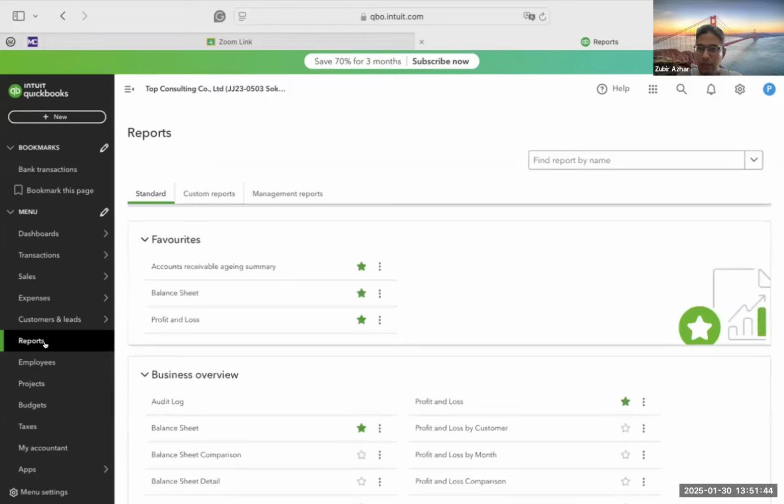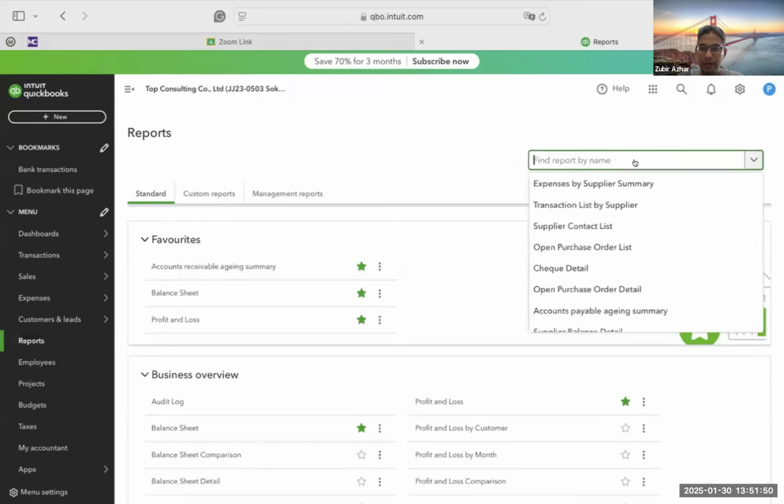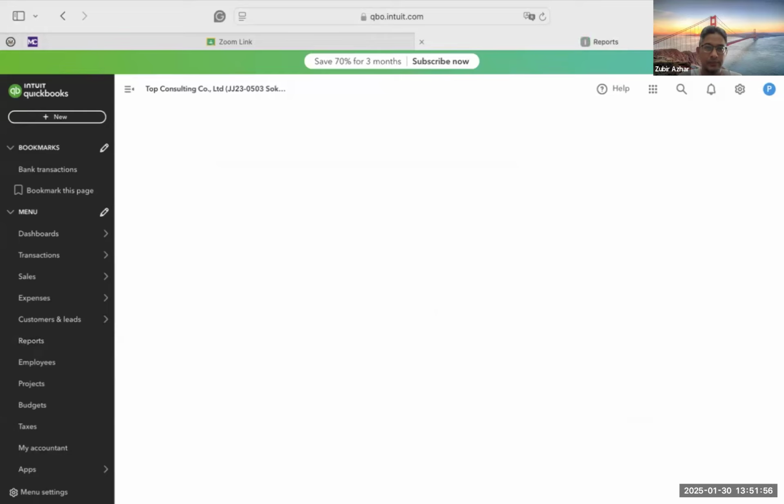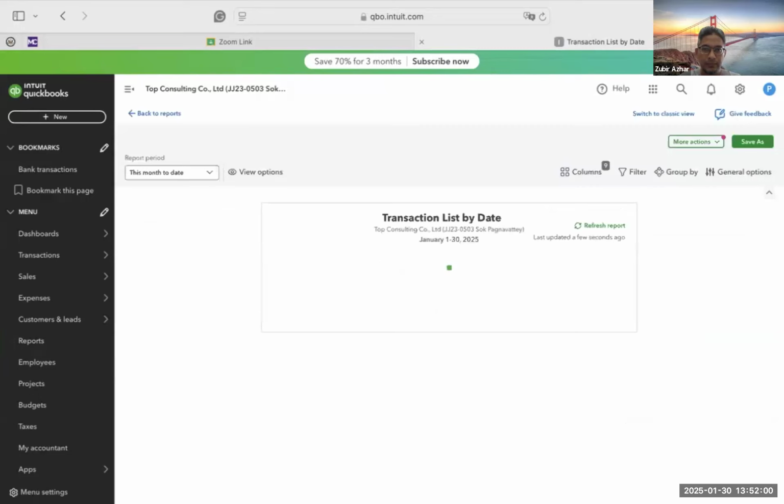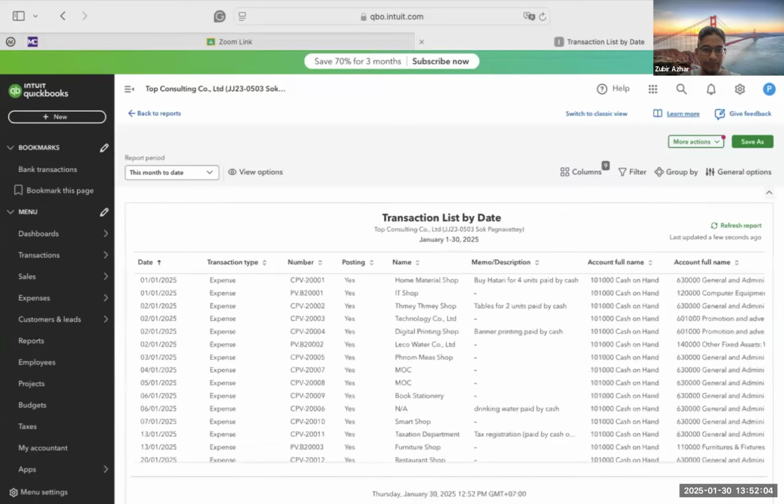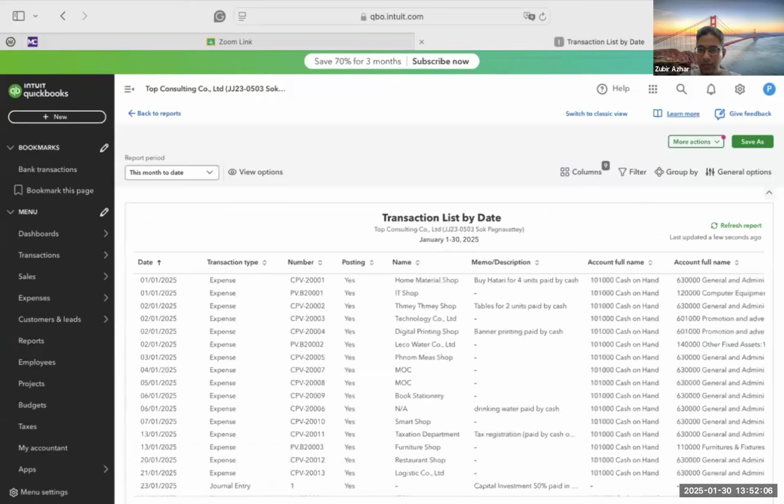All right. Can we go to find report by name and please type in transaction list by date. Okay. Can we slowly scroll down?